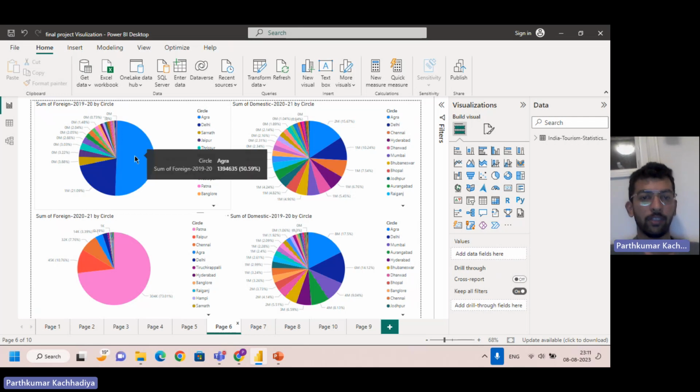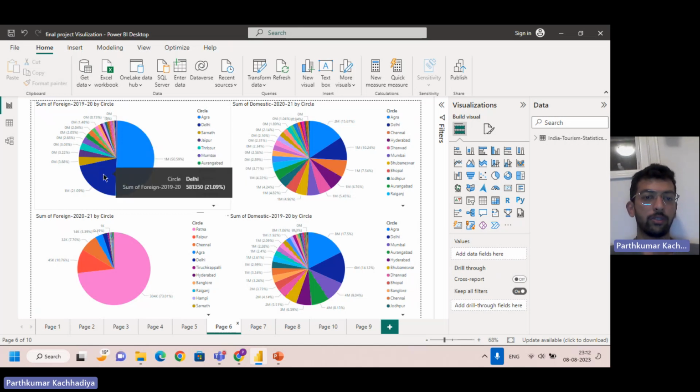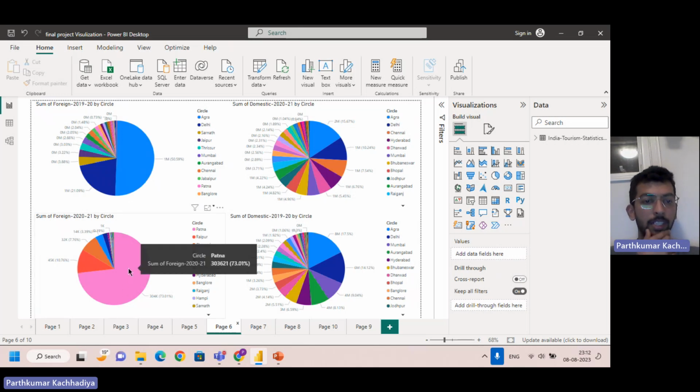Agra won by literally 1.39 million, staggering people who visited Agra because of the Taj Mahal, which is very popular in the world, not only in India but in the world. Second one goes to Delhi because it's the capital of India. But very next year, very next cycle, the trend has suddenly changed, and Patna, like around 300,000